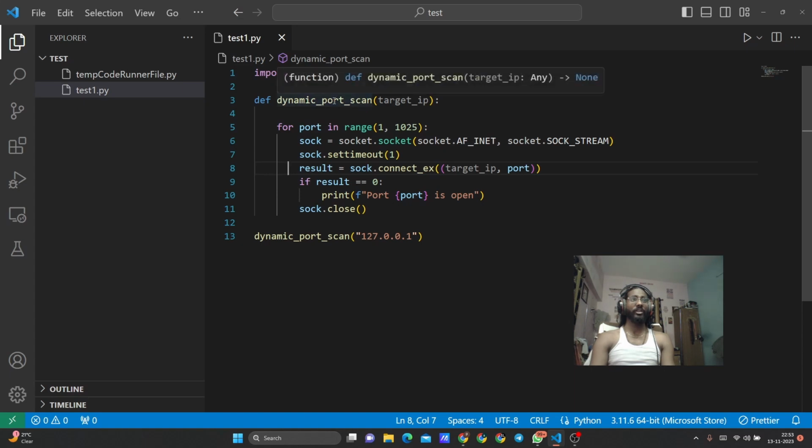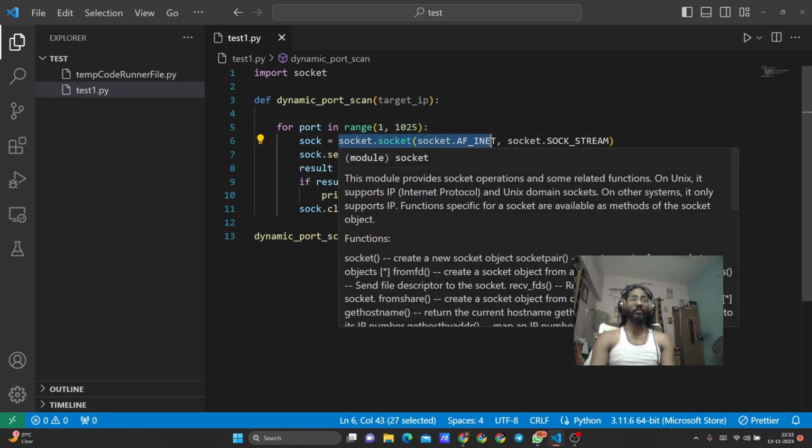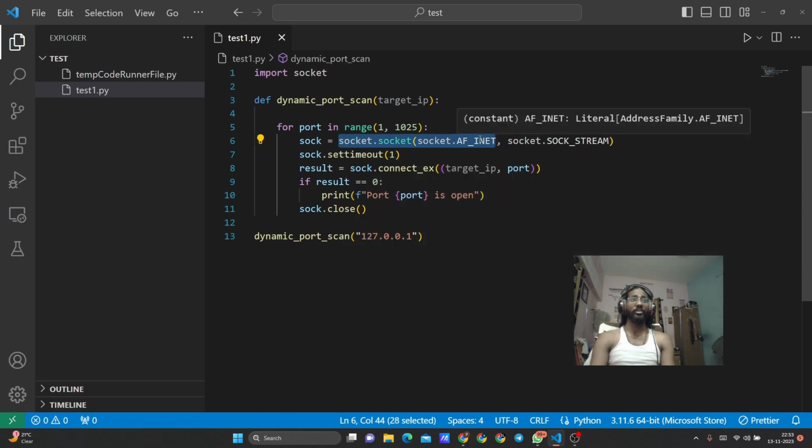We have created a function dynamic port scan by passing a parameter target IP, where we are creating a for loop and a port variable which will be iterating from values of 1 to 1025. Then we are creating a sock variable storing the value of socket connection, where we are getting an address connection for inet, and then we are creating a sock stream, and we are setting a timeout so that we can get a little pause before the result is being stored in the